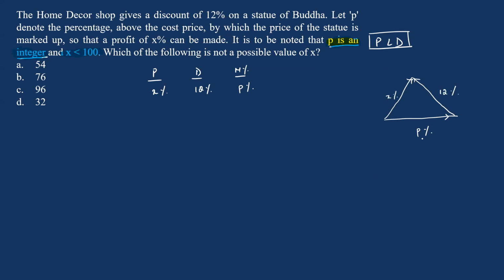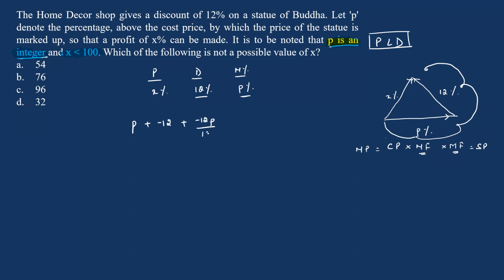So we have discussed this model that CP into multiplying factor is equal to MP. And we know that MP into multiplying factor is equal to SP. This is going this way. CP into multiplying factor will give you MP, and MP into multiplying factor will give you SP. So you're multiplying two multiplying factors. So we can use successive percentage change for this part, guys. So markup is A plus B plus AB divided by 100 should give you the value of X here,